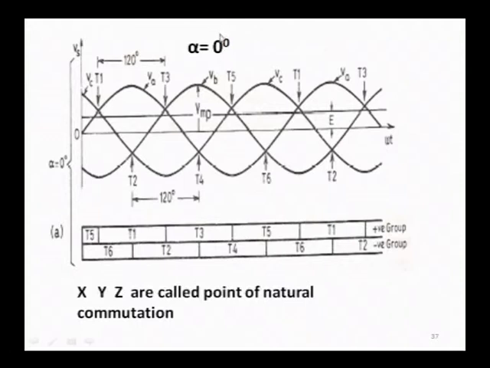Remember, when you fire at exactly alpha equal to 0, alpha 0 means not this one, remember this is the one. So your firing angle is measured from this intersecting point, and once again I am repeating, this intersecting point and not from natural 0. Okay. Now this thyristor is conducting, it is more positive, right? Phase A, this is more positive, T1 is more positive, right? And the other two you can see are negative.